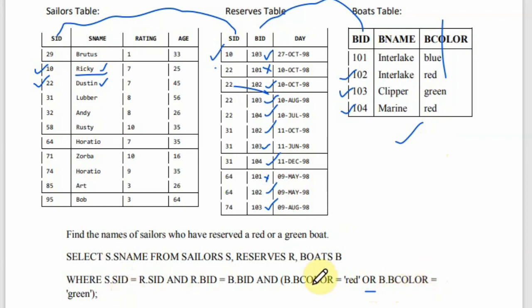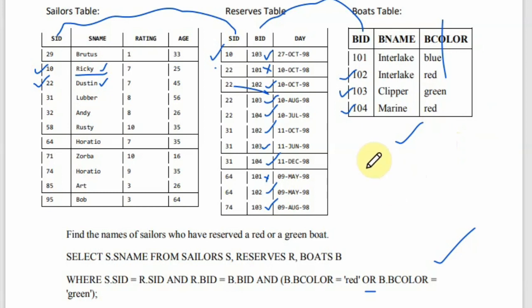Now I can answer the same question by using the union operation in a very simple way. First I'll find out the red boat set, and then I'll find out the green boat set.